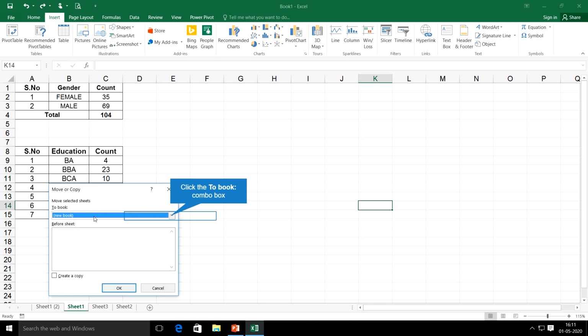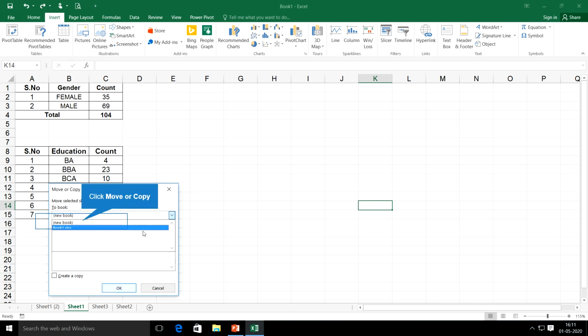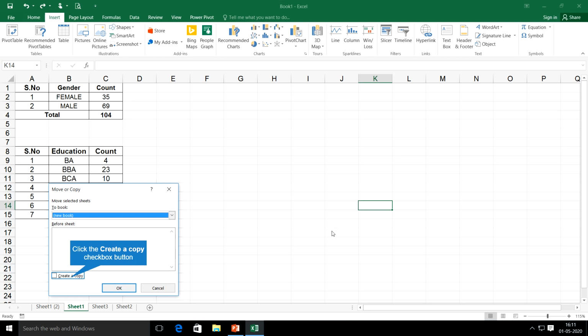In case you have already opened many books, and if you want this sheet to be inserted into an opened workbook, then you can see the list of workbooks available. From there you can select the specified workbook, then click Create a copy, then click OK. You will get this copy in that workbook.